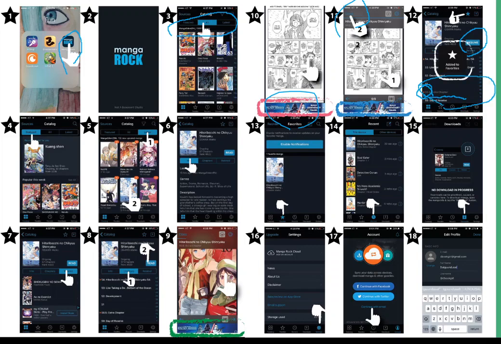Okay, and I tried clicking other buttons, like bookmark here. Oh no, here, to see if I bookmarked the manga I was reading. I went to the settings to see if I can check the dark mode.